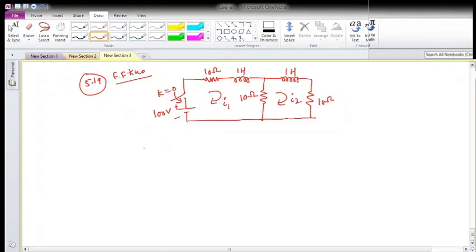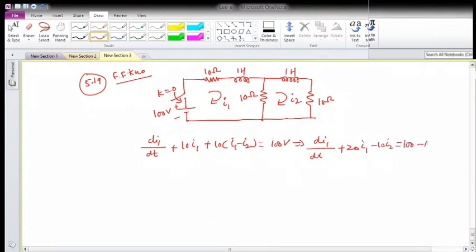Now using Laplace, assume that all initial conditions are 0. Very good. So now I can solve it quickly. For that, first let me write the equations. Anyhow, if the circuit is there, you have to model it. A mathematical model has to be there. So what it will be, L1 di1 by dt, plus 10 I1 plus 10 times I1 minus I2, which is 100 volt. And what will be this, di1 by dt plus 20 I1 minus 10 I2, which is equal to 100. This is equation 1.